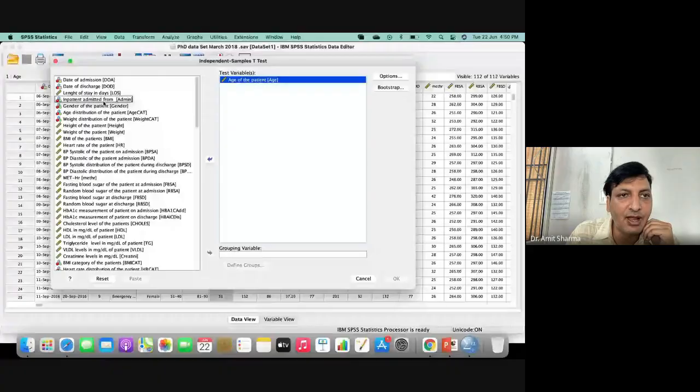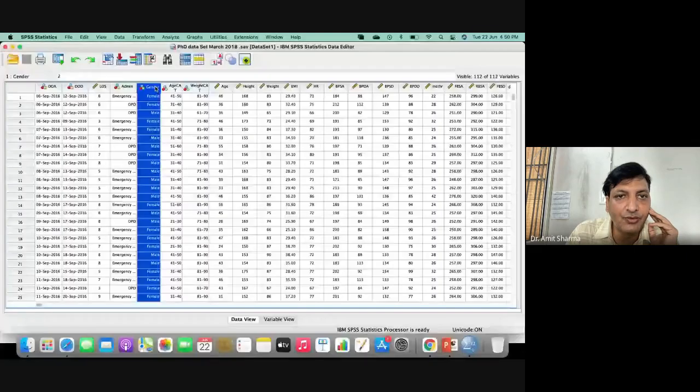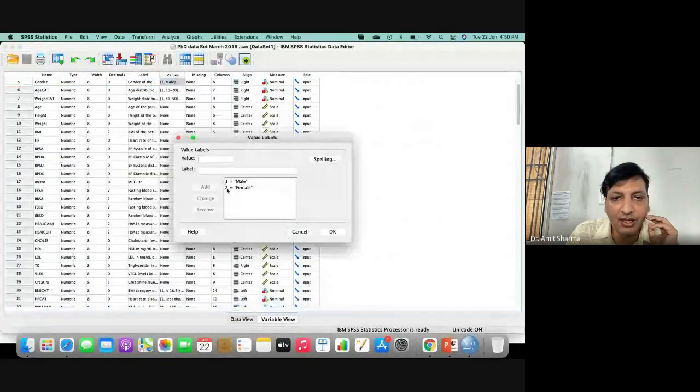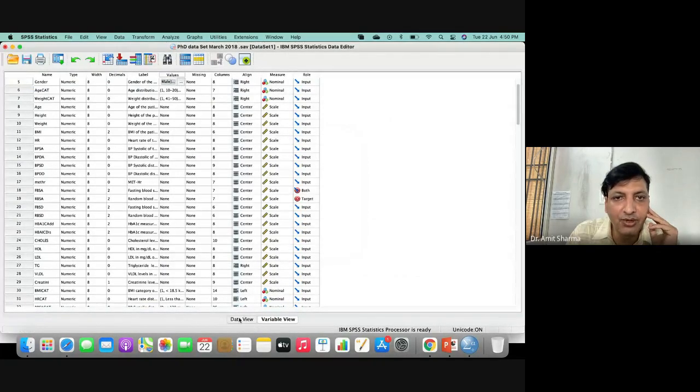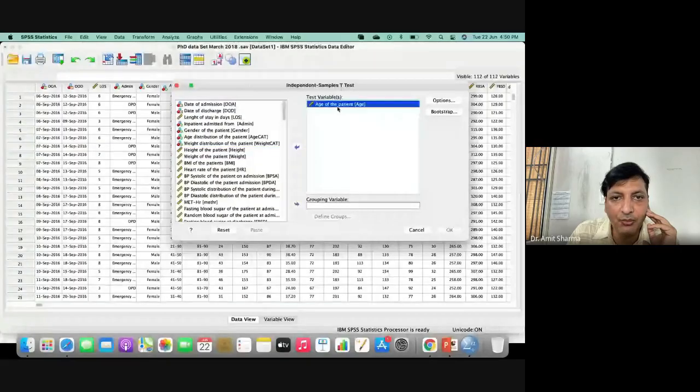But before I proceed, I have to find out the codes which I have used for gender. For that, I go to Variable View and look for the code. Yes, the codes I used were 1 and 2. Okay, we'll go to Data View, and we can perform the test. Go to Analyze, Compare Means, Independent Samples T-Test, and this is the window. I'll move age as the test variable on top, and gender at the bottom.